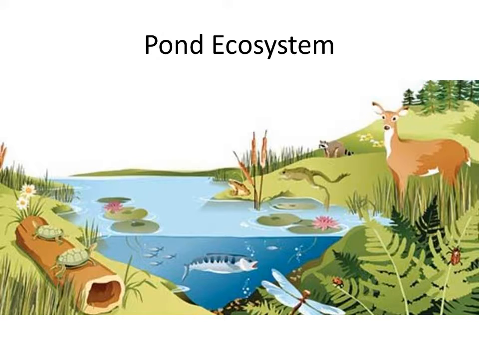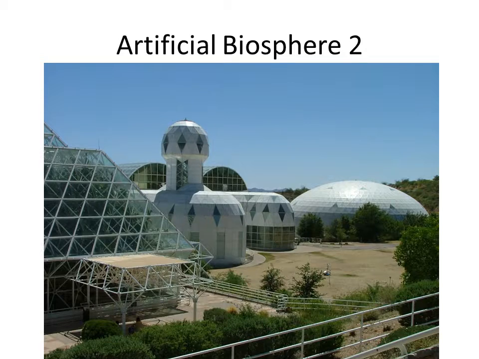This happens to be a pond ecosystem, but there are desert ecosystems, there are urban ecosystems in cities, for example, and they all have their characteristic plants and animal life. This is an actual structure built in the Southwest. It's an artificial biosphere, meaning within these buildings, humans lived with different animals, different plants, and everything was self-contained, so